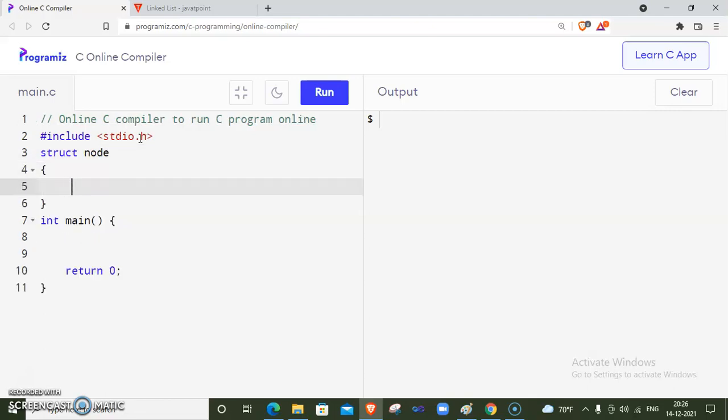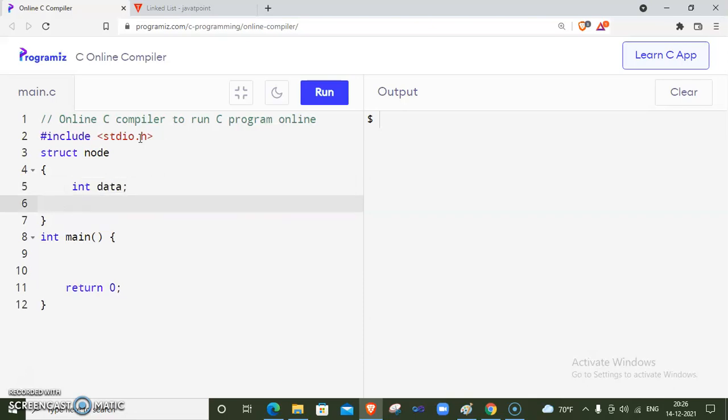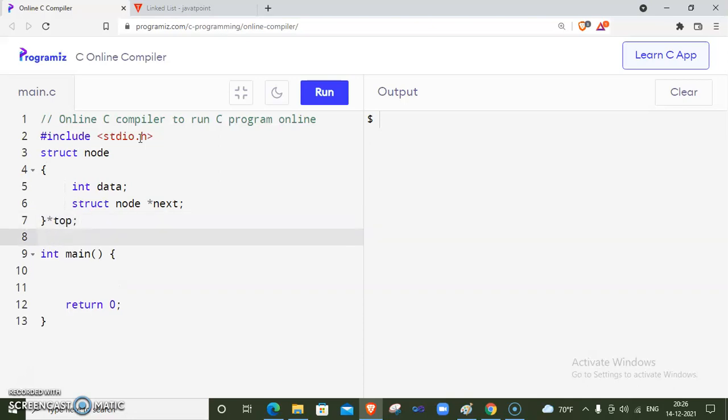As we know, in the structure one part is an integer, where I want to store the data, and the second one is a struct node pointer, which is next. Now I am globally declaring one pointer, top, which is a node type pointer.